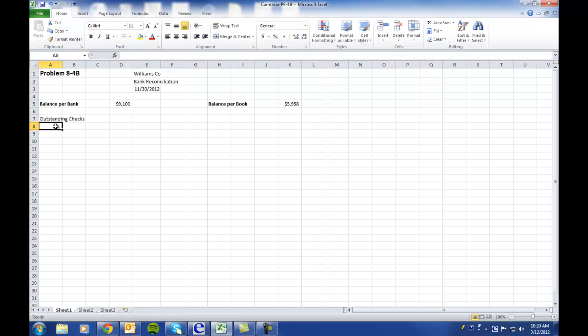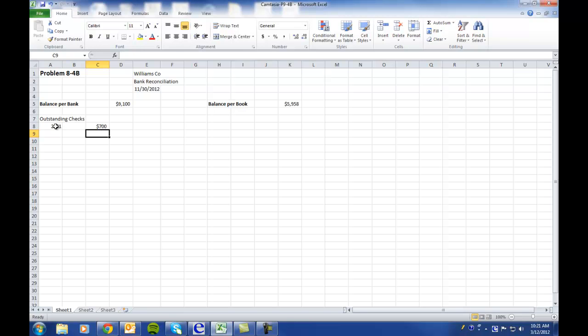Okay, so in this listing, check 2451 appears as an outstanding check here, and we look on the bank statement and see that it's not listed. So therefore, we have to list check 2451 as a deduction